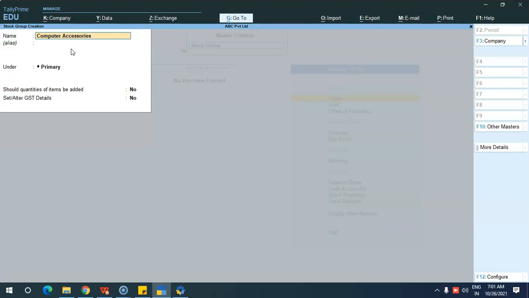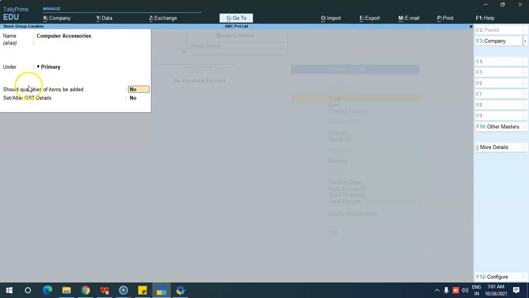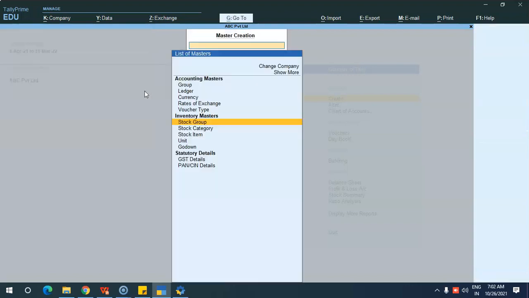So I am creating a computer accessories group over here. Let it be under primary. And should quantities of items be added? Yes, so you have to set this option to yes. Only then will the stock items you create under the group computer accessories appear in the stock summary report. So here we have created the stock group.